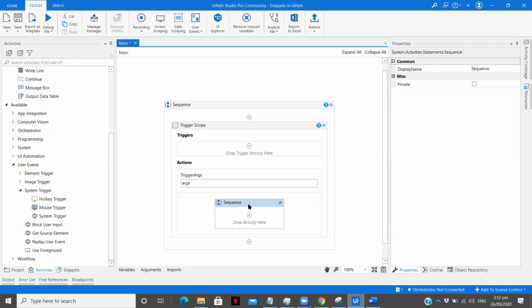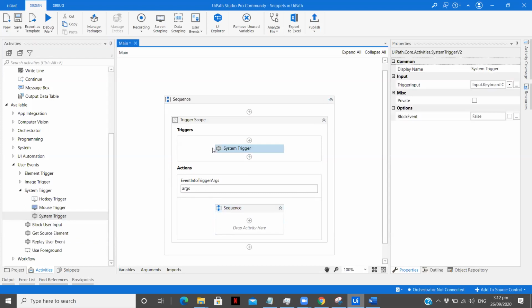Now we are going to see what is the difference between hotkey trigger, mouse trigger, and system trigger. So first let's go to system trigger. Now in system trigger, you see you can only select two trigger inputs, that is keyboard or mouse. So if I select keyboard, any trigger done by me through my keyboard will print something or do some particular action.